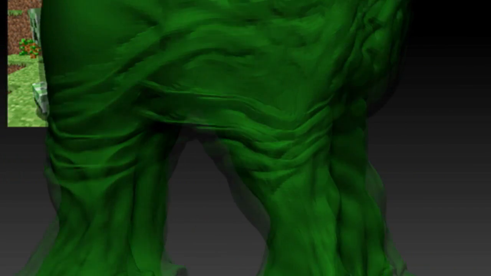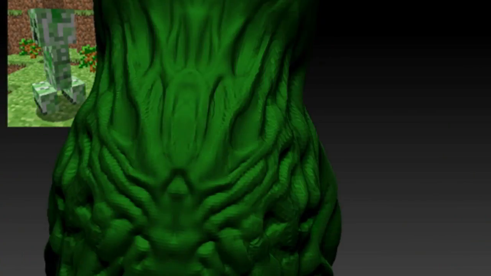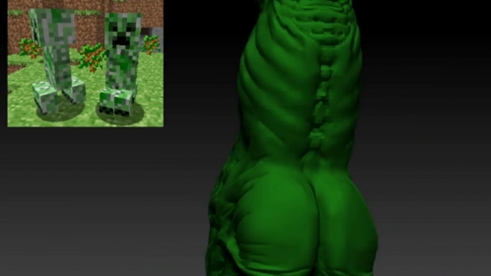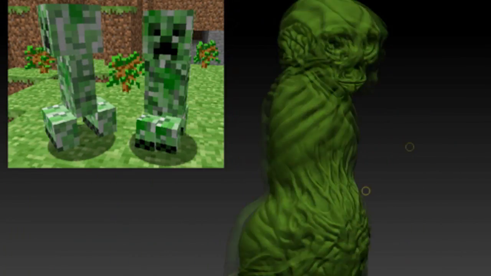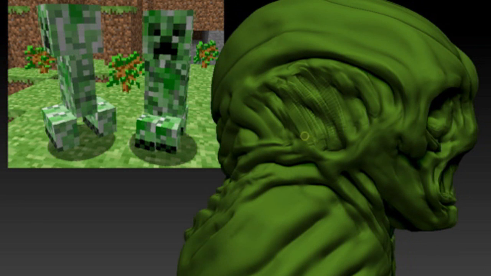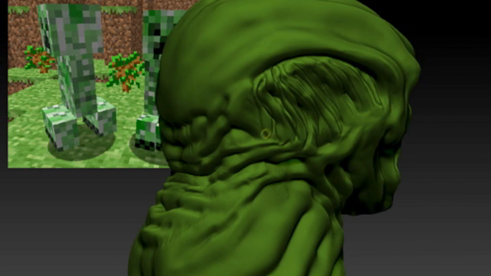So as you can see, I'm carving in details all along the stomach, pretty much all around the entire model, and that's how I'm getting those fine wrinkles. And here we are on, I believe, subdivision, I've seriously lost count, so I think this is 6, yeah, subdivision 6, because I changed colors.